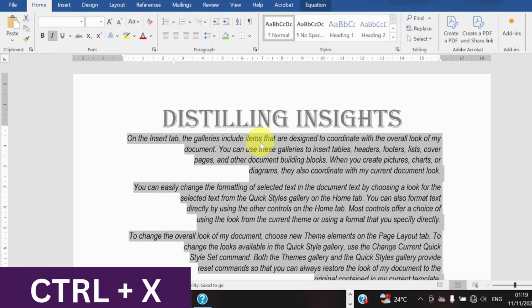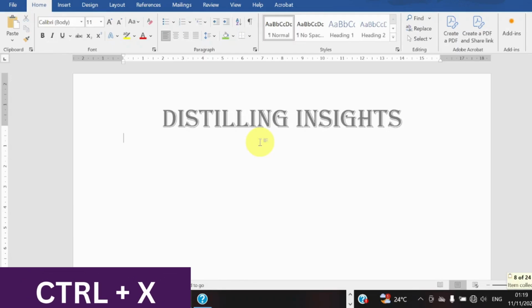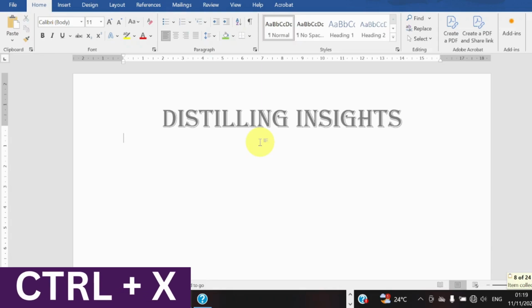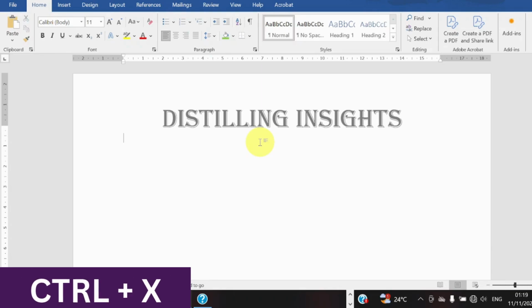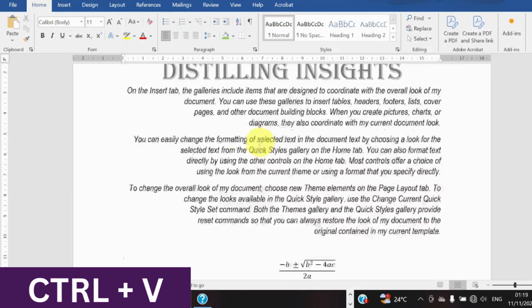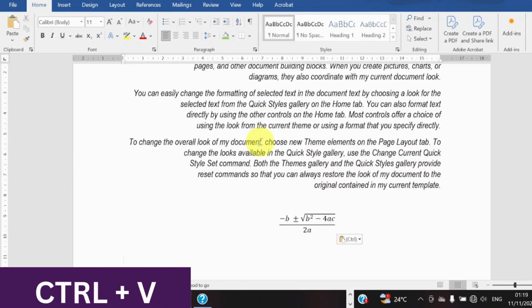X is to cut. Now Control X cuts the file. After cutting it, the way we can paste it back is to use the shortcut for paste, which is Control V. So Control V pastes